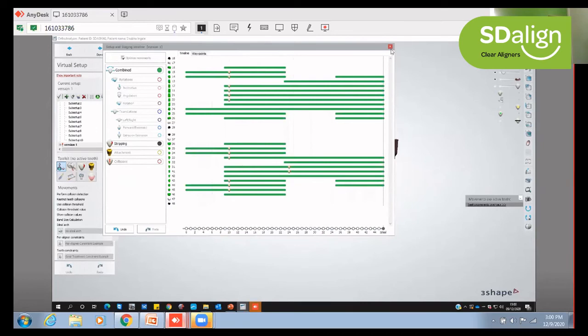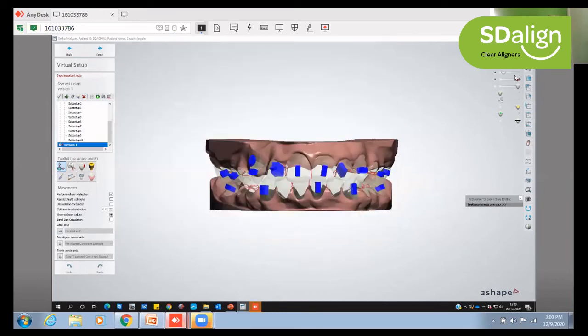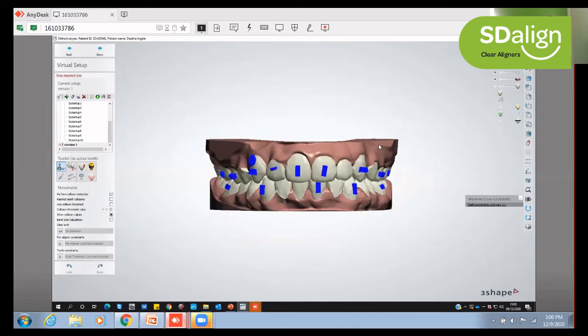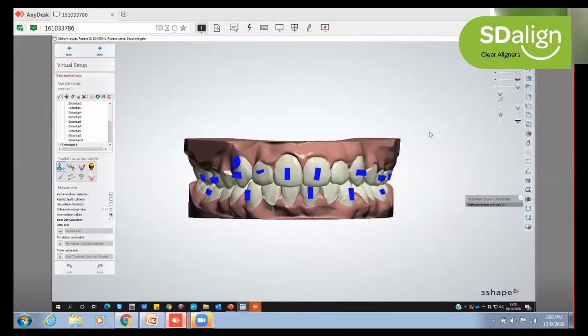We also give a detailed report which is given to you in a printed format, which you can keep next to you chair side, and you can refer to it at various stages. We also share this staging photograph to give you an idea at which stage what teeth are moving. If you have any doubts at any point, we also share the staging photo showing at which stage what teeth should be where. So if you have any problems, you can refer back to us. We'll help you with that also.